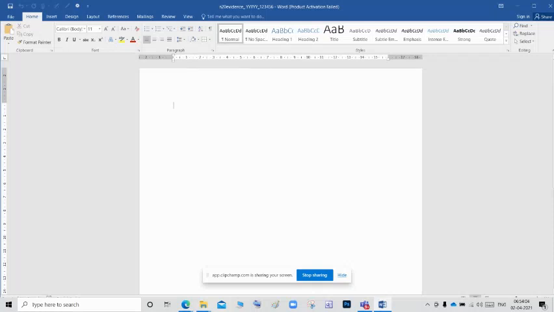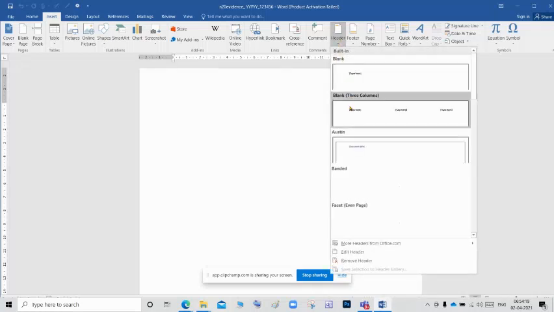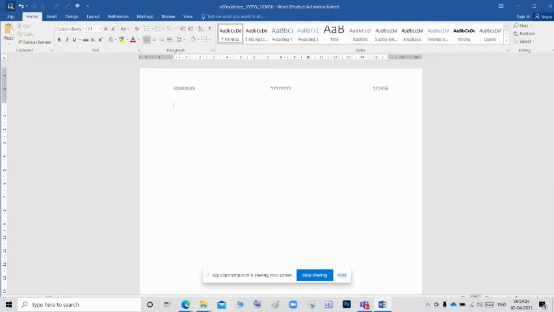Once the document is open, we want to type our name, center number, candidate number. For that, go to the insert, header and footer, go to the header, and you can give blank 3 columns. The blank 3 columns, in the first one, you can give your name. Second one, you can give your center number. Third one, you can give our candidate number and save the document. And we saved the file name as N20 evidence underscore your center number underscore your candidate number.